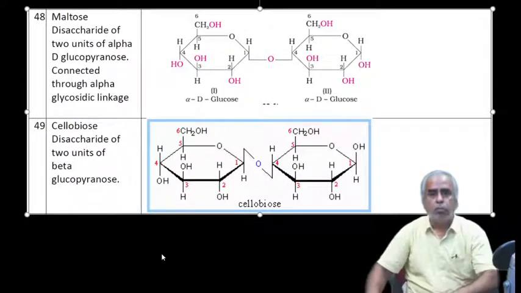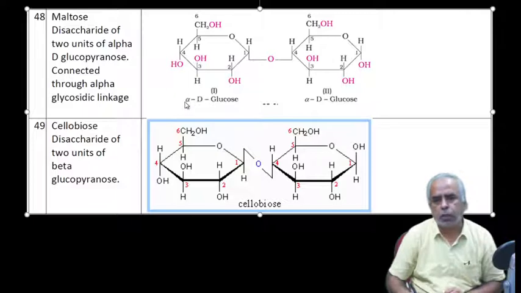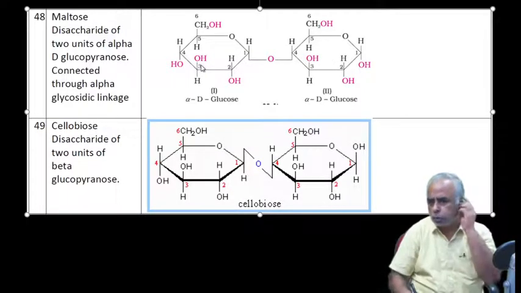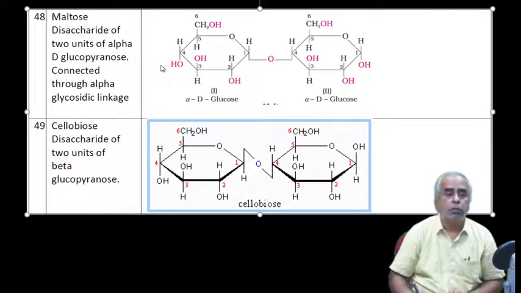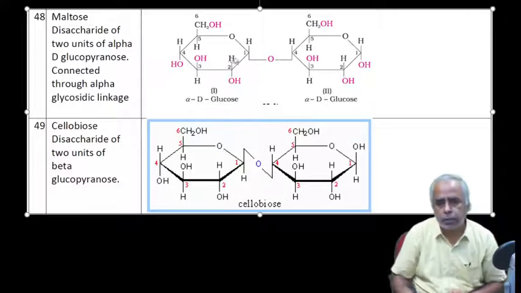Similarly, maltose. So maltose is the combination of alpha D glucose and alpha D glucose. By combining two monomers of alpha D glucose, we are able to get maltose. It is connected through the alpha glycosidic linkage. In fact, I just reversed this. You know the structure of